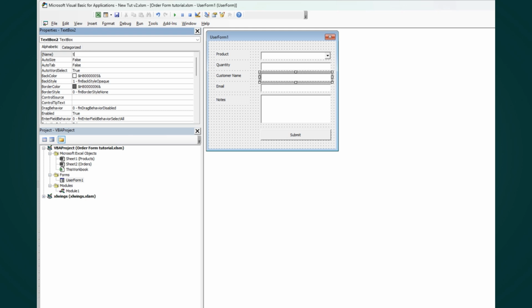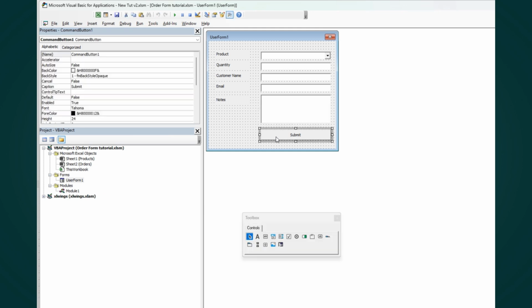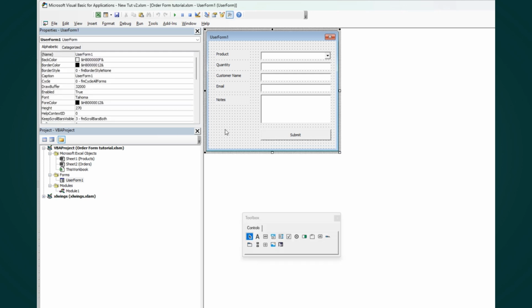And for customer name, txt_customer_name. And for email, txt_email. And for our notes, txt_notes. Then we have our submit button. We're going to call that btn_submit. And now we're ready